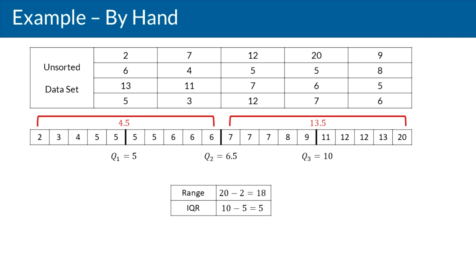Knowing the quartile values does help me get a sense of how the data happens to be skewed one way or another. If I look at the distance between the minimum value and the median, it's only a range of 4.5 between those values. If I go from the median to the maximum, I see that that is a range of 13.5 in my data set. So it looks like the data is much more spread out in that top 50% and much more clustered together